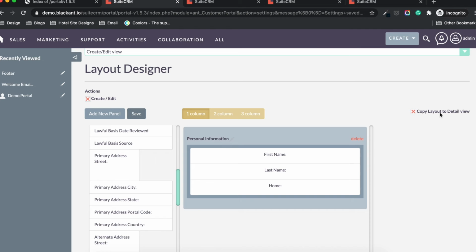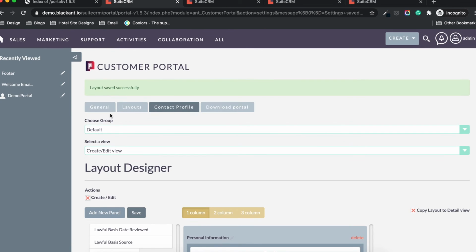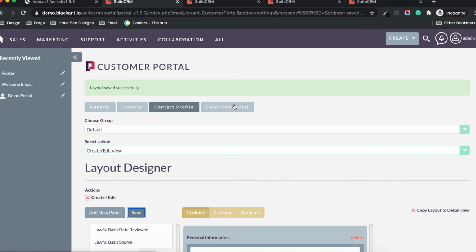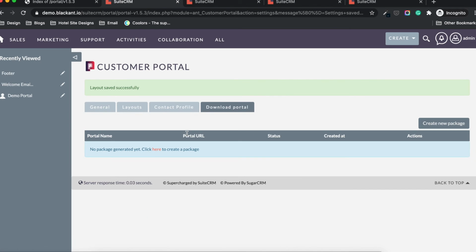I'm going to copy the layout to the detail view and save it.